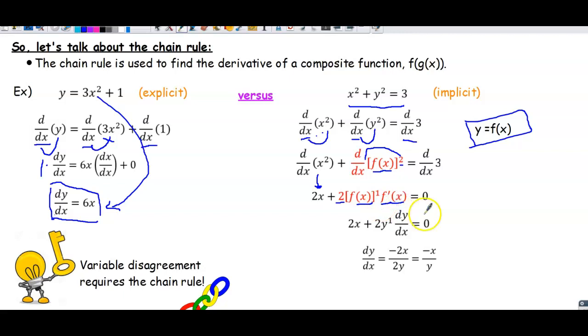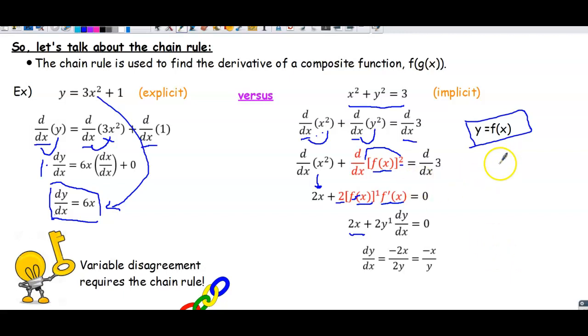There's where that dy dx comes from. So the derivative on both sides gives me 2x. I'm taking the f of x back out and putting the y back in its place, and in place of f prime of x, I'm substituting dy dx, so you can actually see that the chain rule is required for